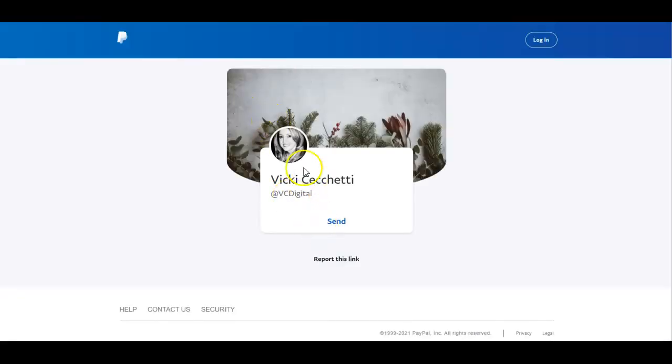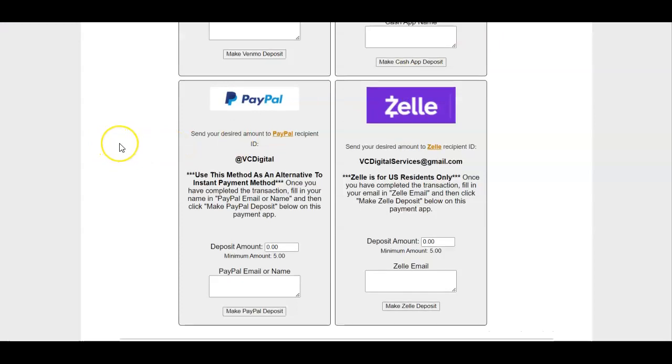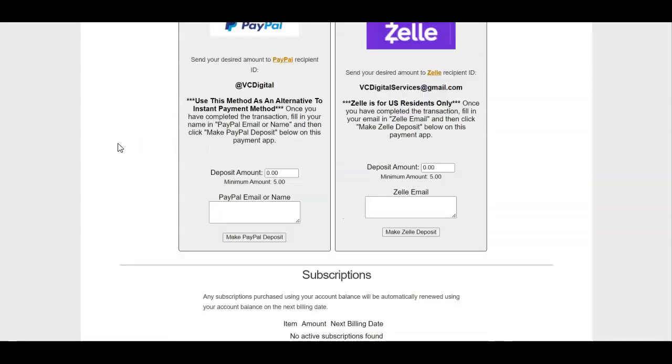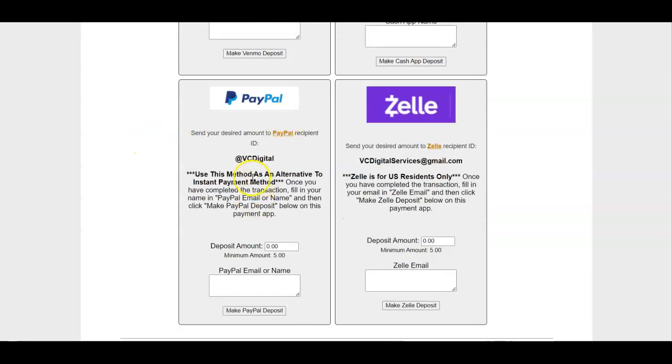You can click on the PayPal logo. It takes you right to it. There's our admin. This is the admin of Traffic Tiers, the admin owner. So you just click send and the amount that you want to fund, and it'll get sent to the admin. It's pretty simple. After the funds are sent to the admin, let's say for example you sent $20 to the